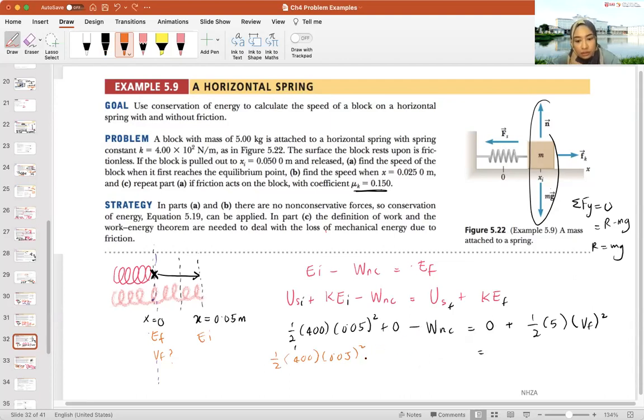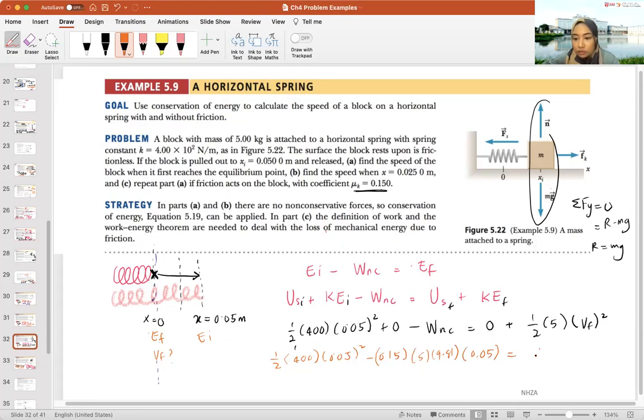So minus WNC is friction. Mu 0.15. R is mg, 5 and 9.81. Mu mg times with D. D is from EI to EF. Our question is about EI to EF. So itu saja distance korang sebenarnya. If you're confused about the distance, find out where your EI is, find out where your EF is. That is your distance. Displacement. Remember, work done is force times displacement. Displacement tempat yang kita jalan je lah. Tempat yang tak jalan buat apa nak kira. So D is 0.05